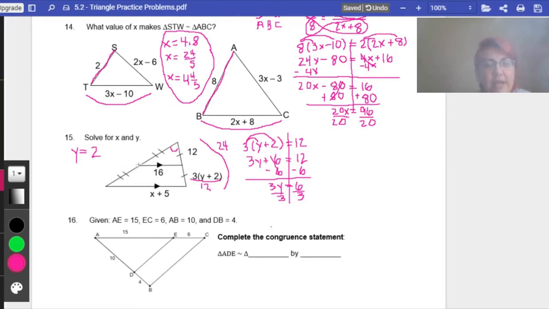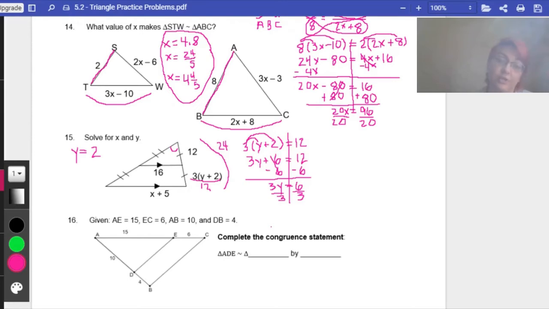And you see that we have a side that's marked congruent here and here. So whatever number this is the same, meaning that the entire thing will be double this. Same here, 12 and double is 24,